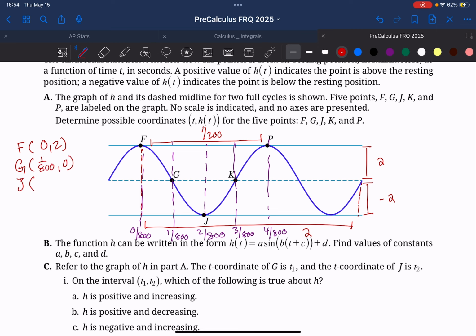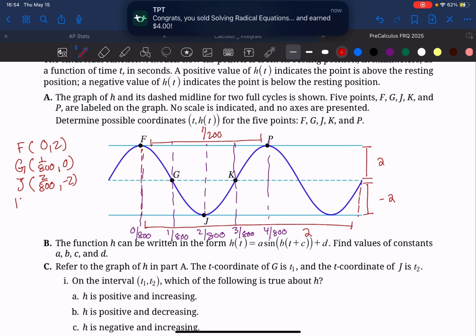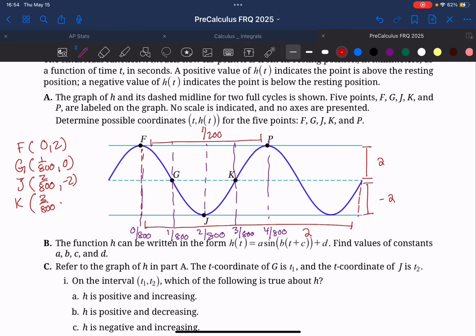Okay, J is going to be at 2/800ths comma -2. K is going to be 3/800ths comma 0. And P is going to be at 4/800ths comma